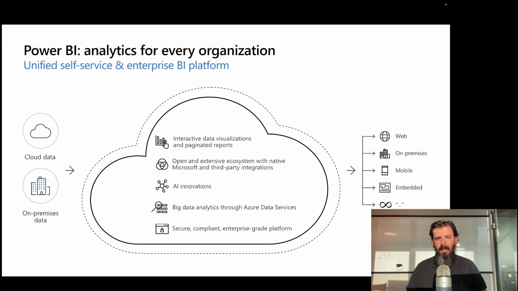Power BI is a rich analytics platform suitable for every organization. It has over 200 connectors to different data source types. It enables everybody in your organization to build rich, beautiful, interactive visualizations and leverage AI built into the Power BI platform to generate smart insights. And it's fully secured and compliant, enabling you to host any type of sensitive data that